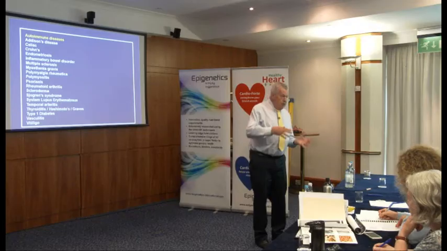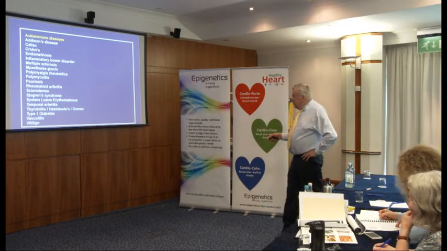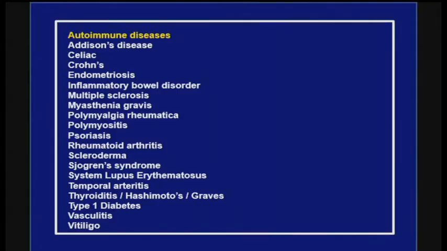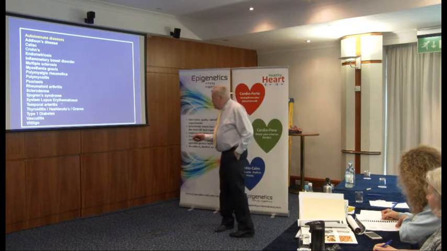This sort of covers a multitude of problems, really, doesn't it? Inflammatory bowel disorder, multiple sclerosis, myasthenia gravis, polymyalgia rheumatica, polymyositis, psoriasis, overproduction of the dermal tissue in the skin, rheumatoid arthritis, scleroderma, Sjogren's syndrome, affecting the eyes, etc., systemic lupus erythematosus with the butterfly shape around the nose, temporal arteritis,